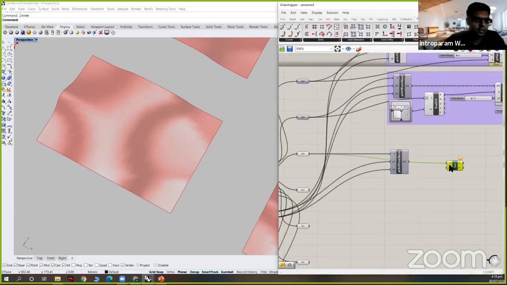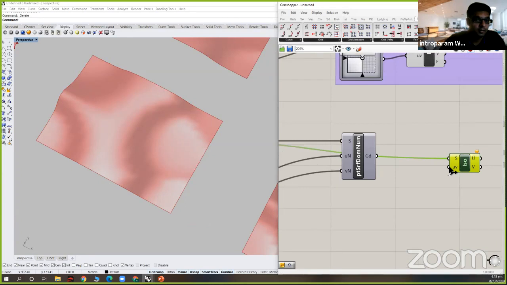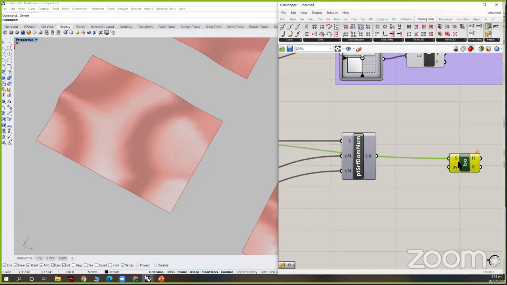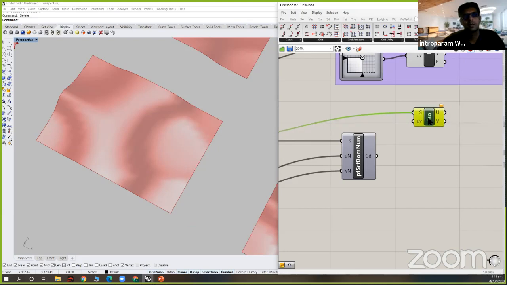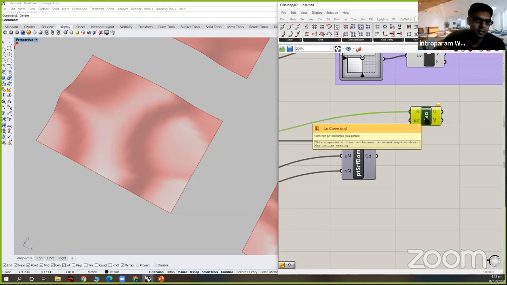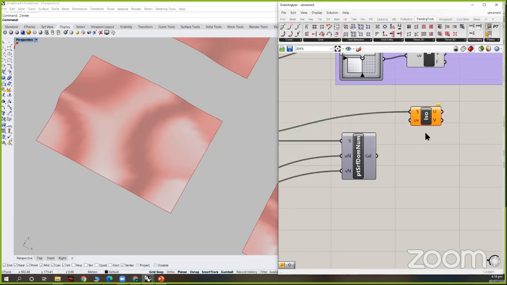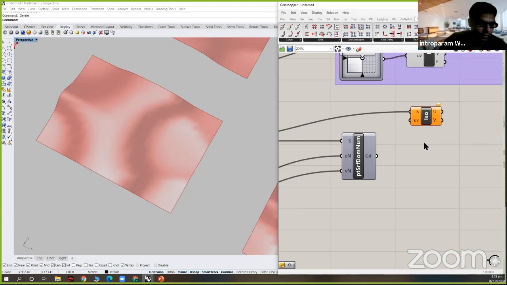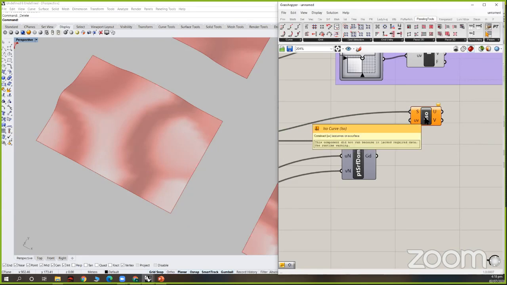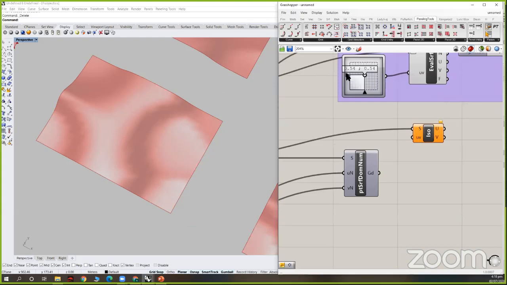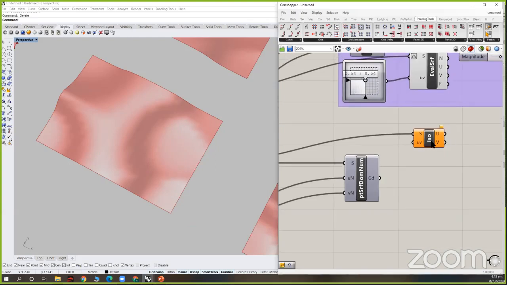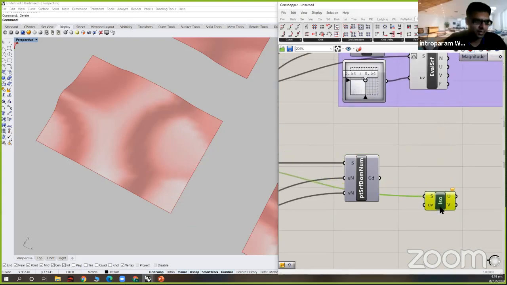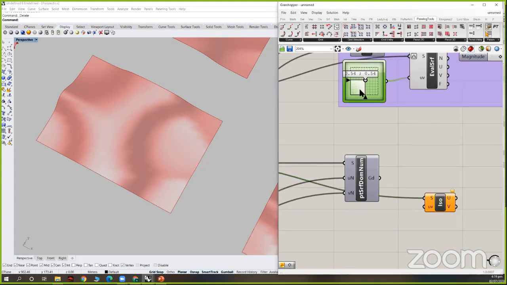What do we need for a UV? A domain. No, good answer. We need two numbers, but domain gives you a range. We just need two absolute numbers. How do we get a number? Slider. But we need two numbers. So what do we do? Panel. Like write it in multi-line text. MD slider. Multi-dimensional slider. So we just copy this guy in,